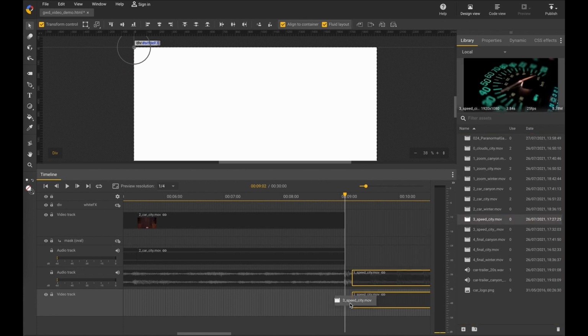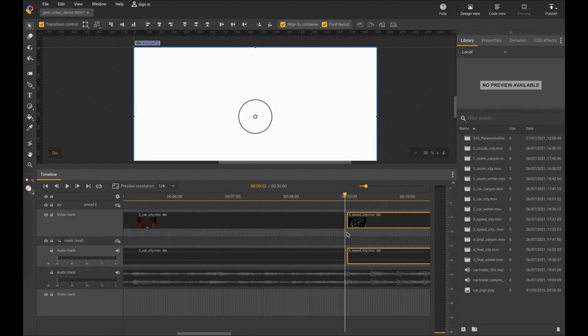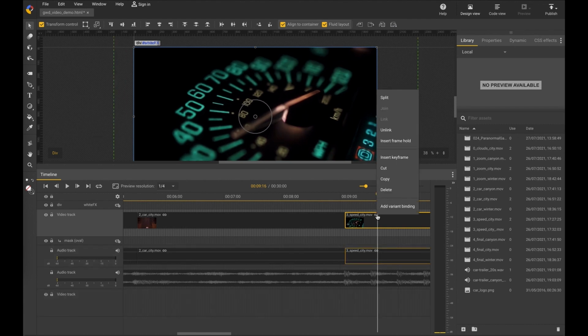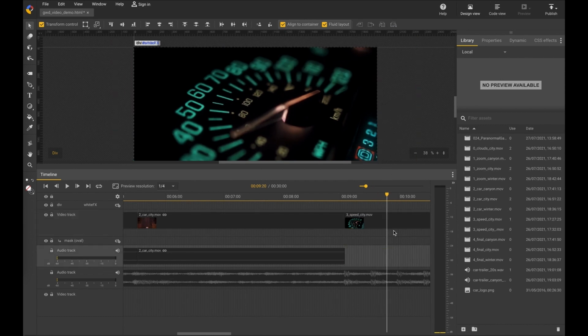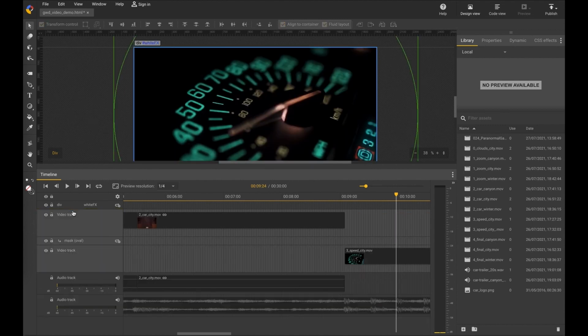And I want to put this now on another different track here. Sorry, because of the audio track, I should have added it too. But we actually don't need the audio track. So I can unlink the audio from the video now. Unlink, and now I can handle the empty sound and the video track independent from each other. I put it down here. Actually, I want to have the video lying above so that I can see it's covering here.